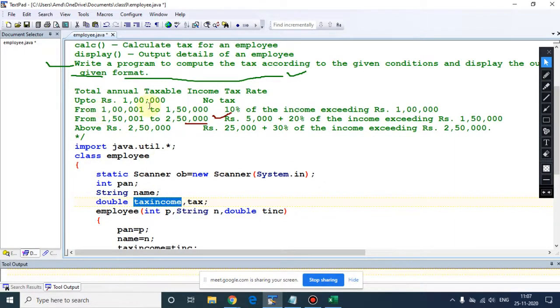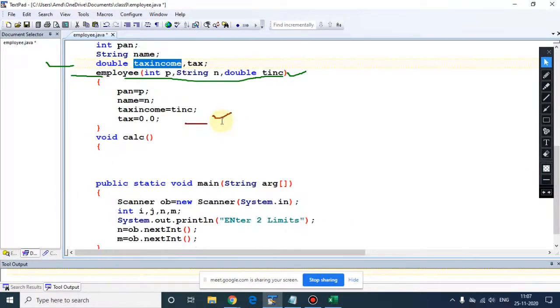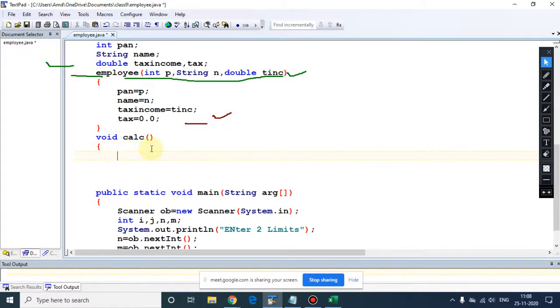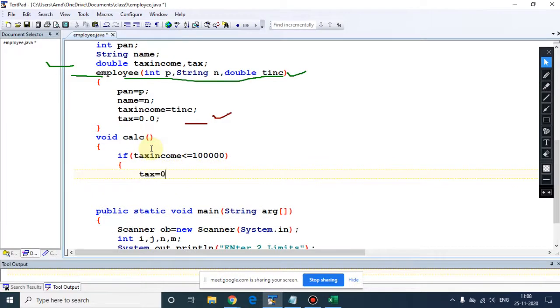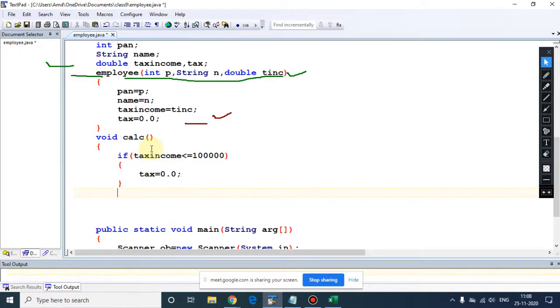Up to 1 lakh there is no tax. So simply you can put the condition, if tax income is less than or equal to 1 lakh, then tax must be 0.